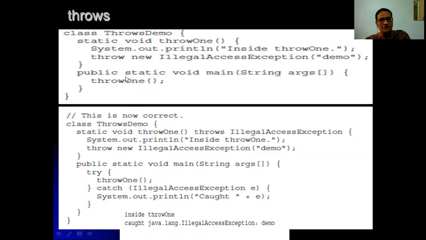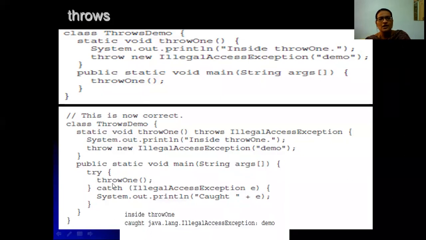As I said while explaining this, within try you have to put the probable exception statements. So the throw1 method has an exception, that is IllegalAccessException, and we are calling it here.